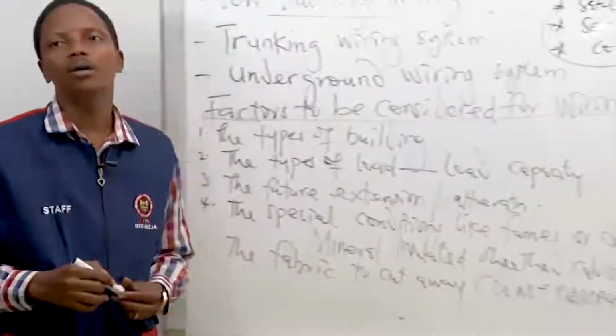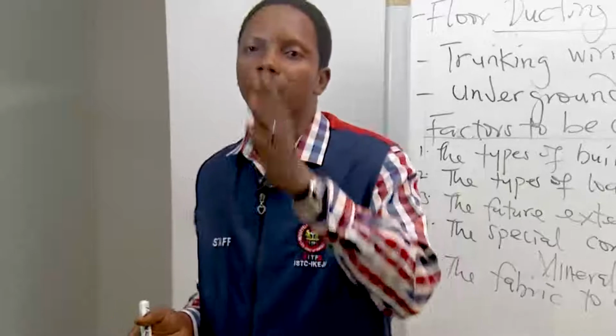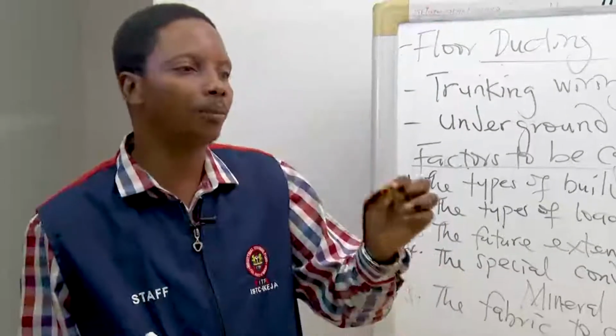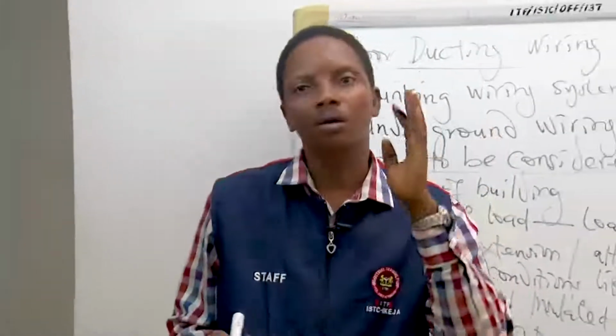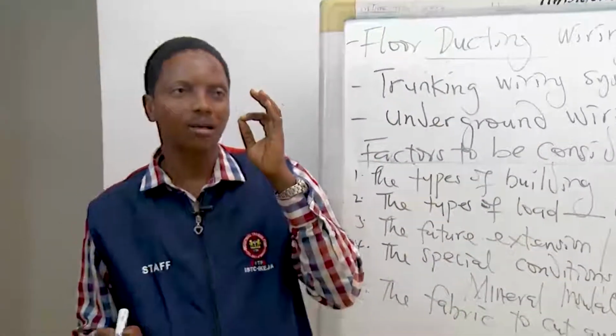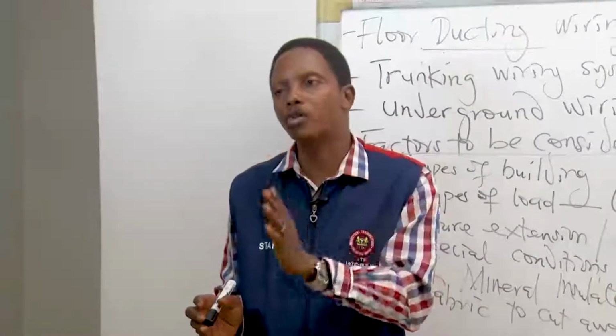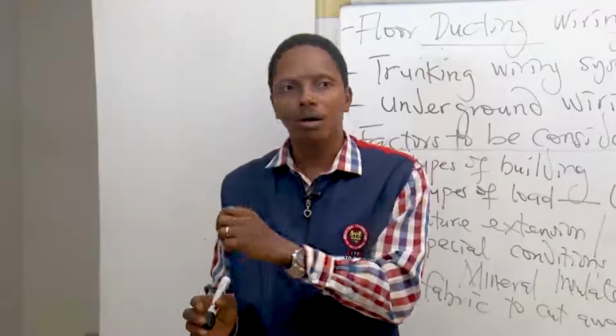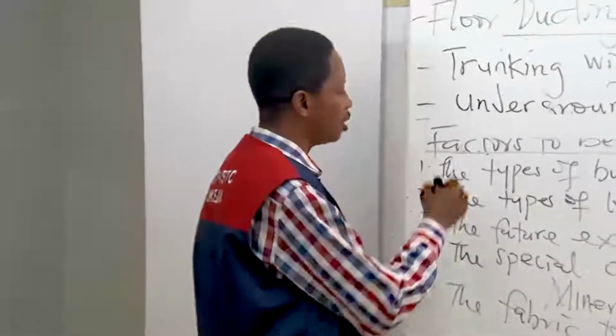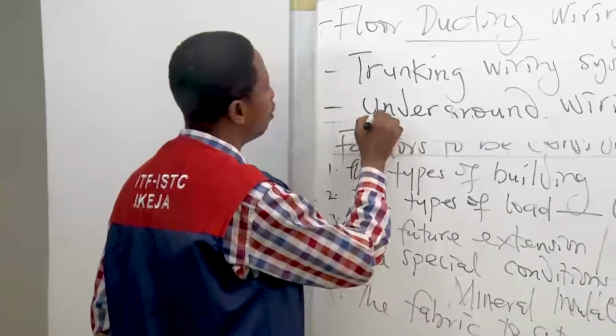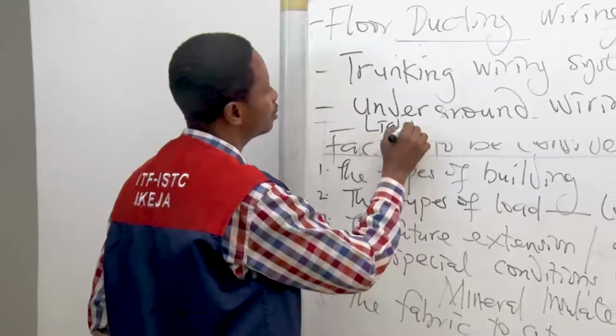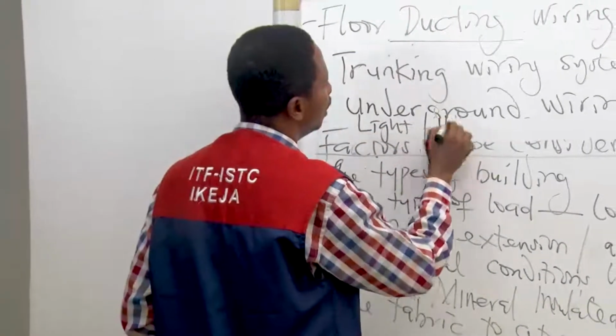So that is why, when we are breaking the walls in order for us to lay our pipe, we must do it with consciousness, not just anyhow. You have, first of all, to plan your work. So to add the last one, we have what we call light gauge and heavy gauge